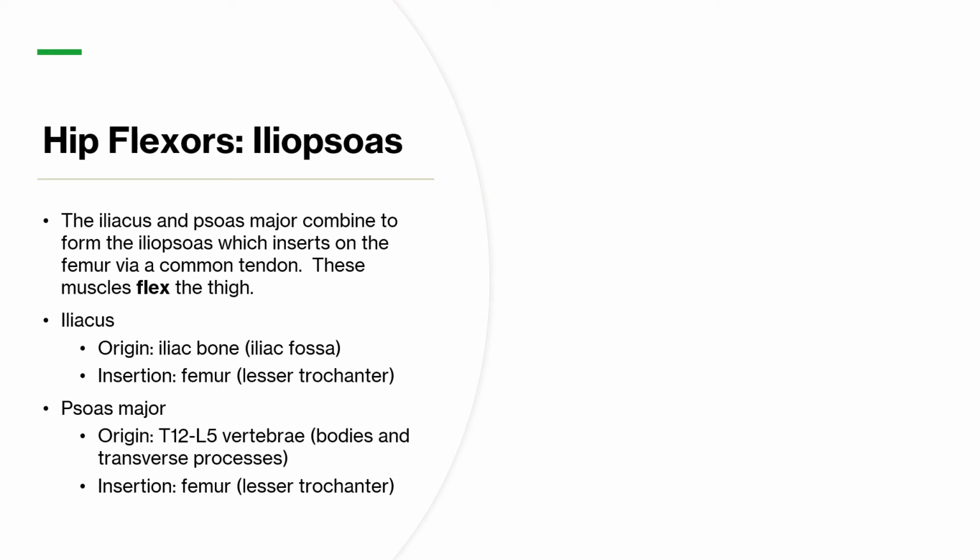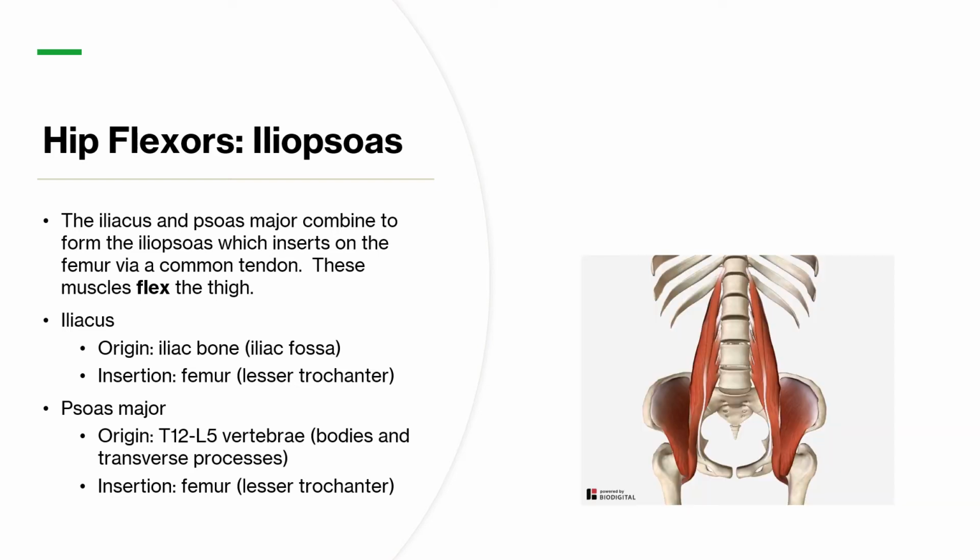Hip flexors. Iliopsoas. The iliacus and psoas major combine to form the iliopsoas, which inserts on the femur by a common tendon. These muscles flex the thigh, hence hip flexors. So you have your iliacus, you have your psoas major, which come together to form a common tendon, which inserts